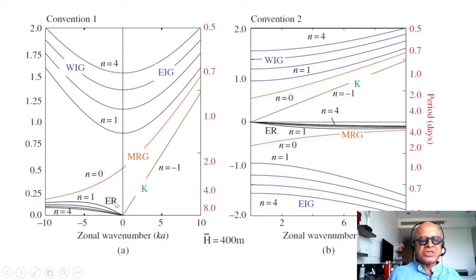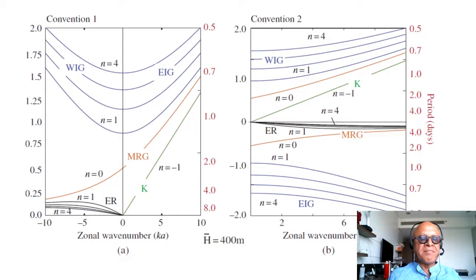In this convention you make the wave number have negative numbers when it is westward propagating waves and positive when it is propagating eastward. Then the frequency remains positive, and this diagram obviously looks much more intuitive than this, at least for me. So let's ignore that, and this is being done for constant basic flow with the mean depth